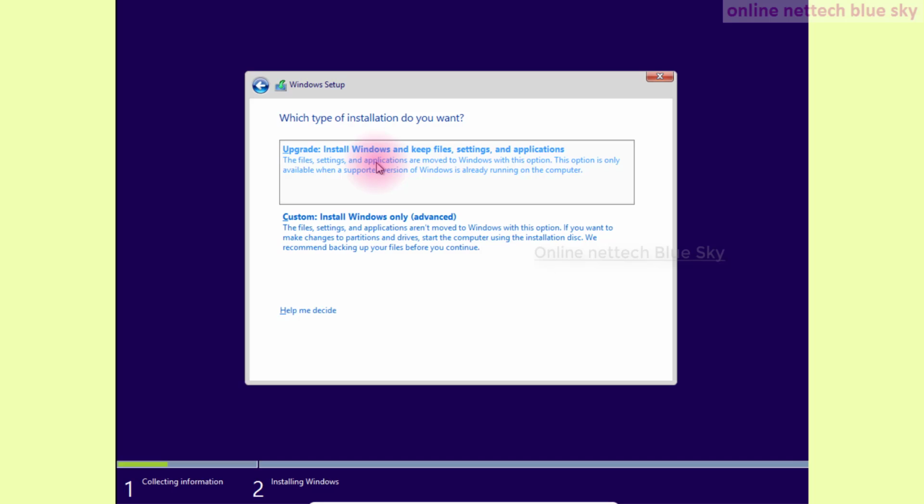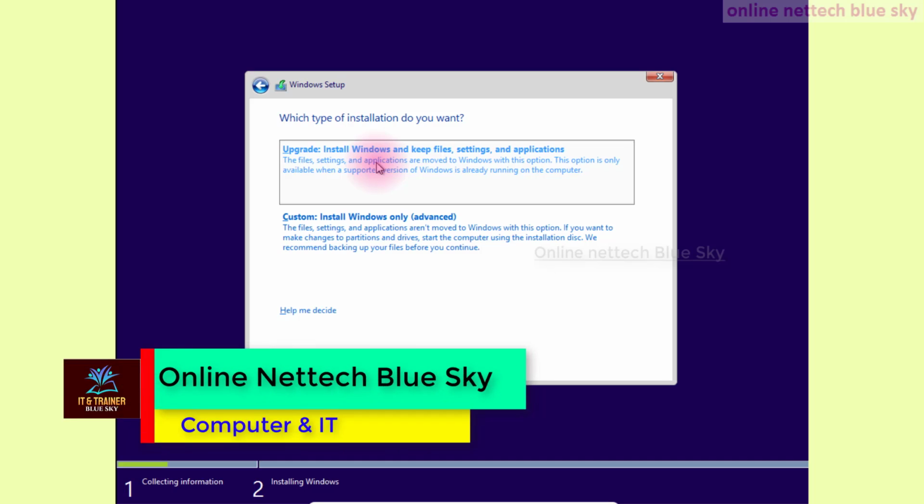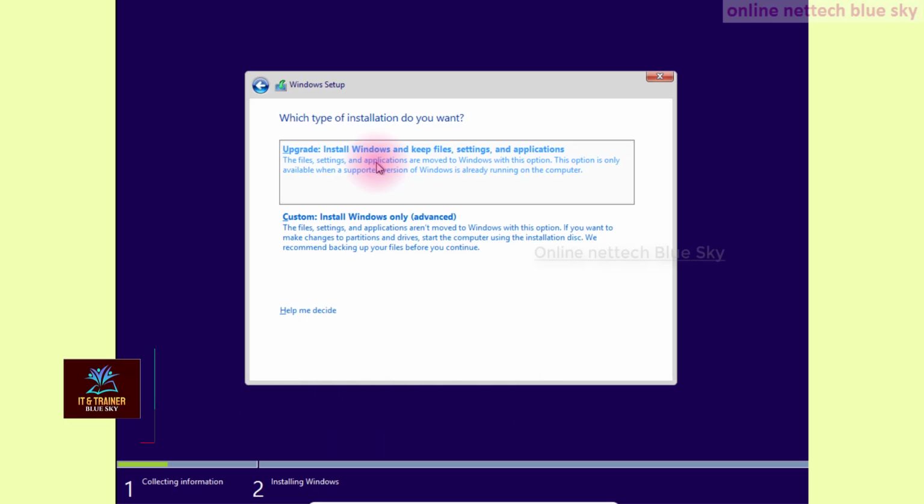So you can install the new Windows operating system and keep files, settings, and applications. How is this possible? First you need a high-speed internet connection, and click on the upgrade option. Then the system automatically starts upgrading.